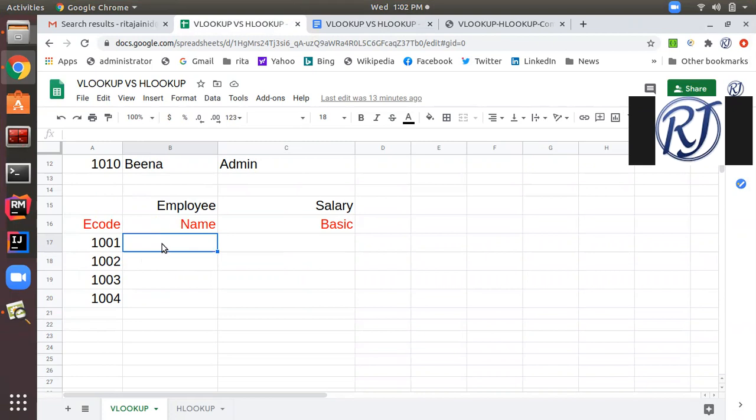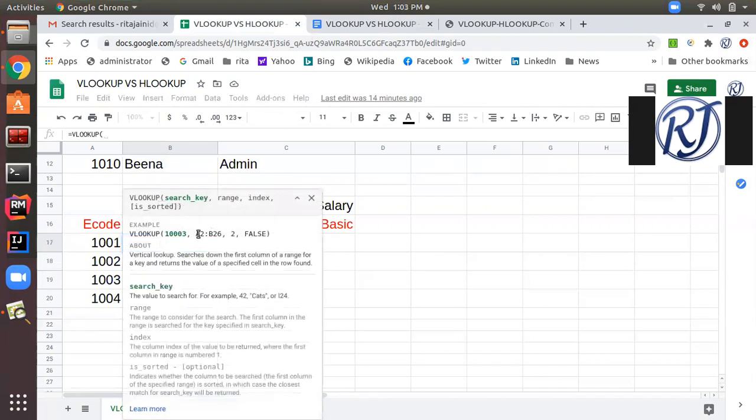As you know, all functions in Excel start with the equal to sign. Give the equal to sign where you want to retrieve the value corresponding to this employee code. Then VLOOKUP, and after that, an opening parenthesis. This is the syntax for the VLOOKUP function.